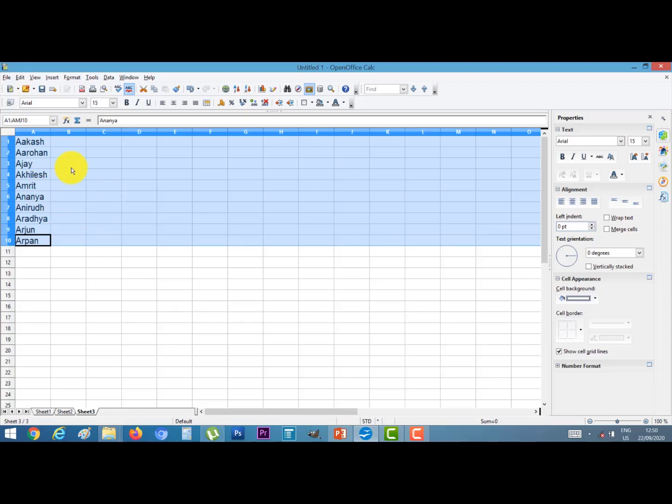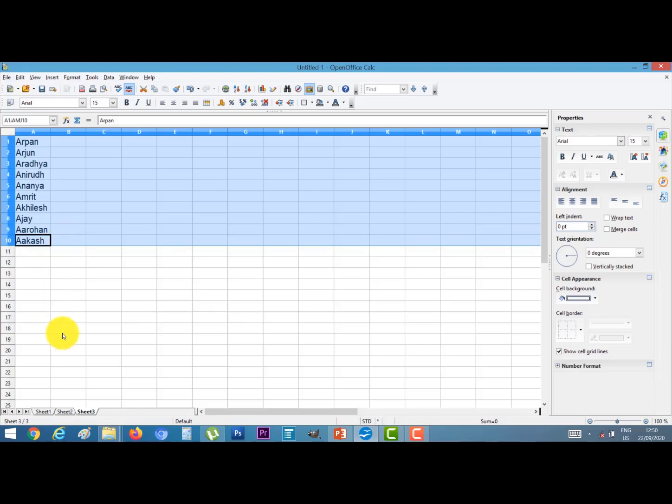Now I want to arrange these names in descending order. Then I click on the Z to A option. Click on this. All the names are arranged in descending order.